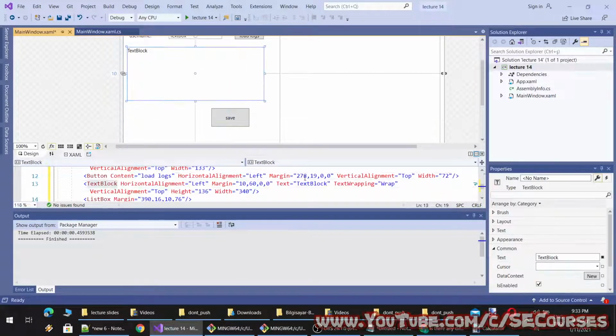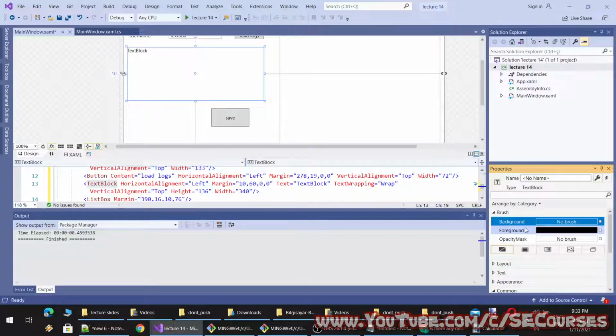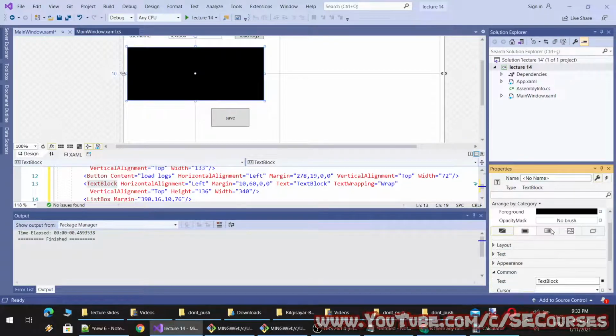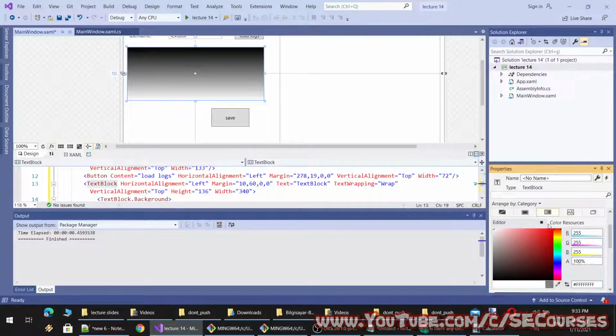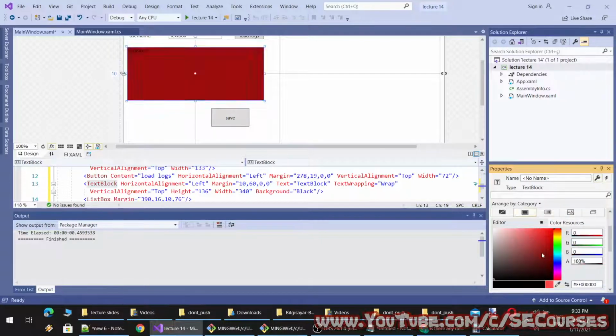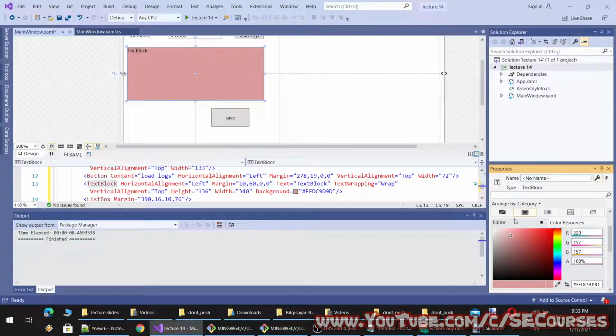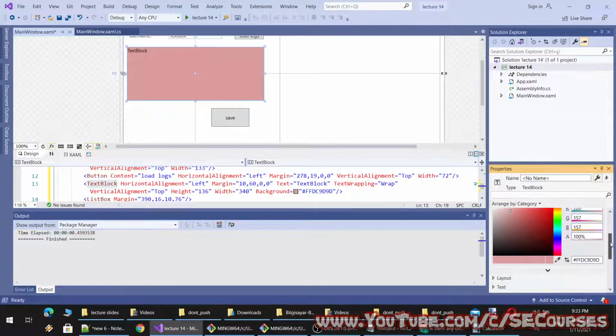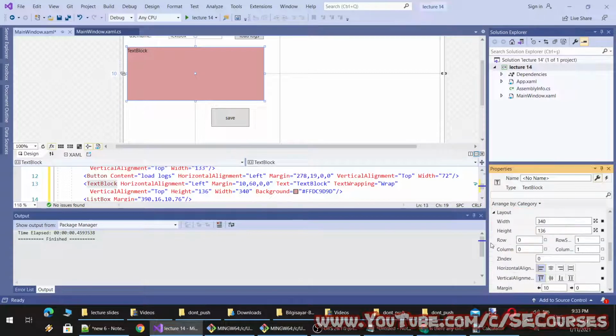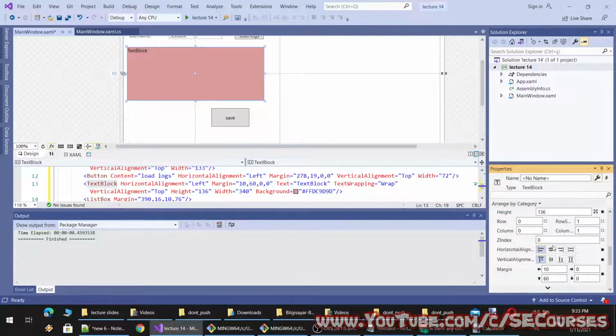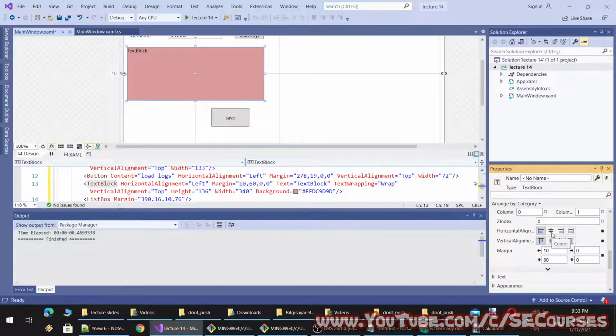Okay, so let's give some properties to this text block. We can set it something like this if you want. Let's make it like this. All right, and then layout with height, row, column, z index, the alignment.